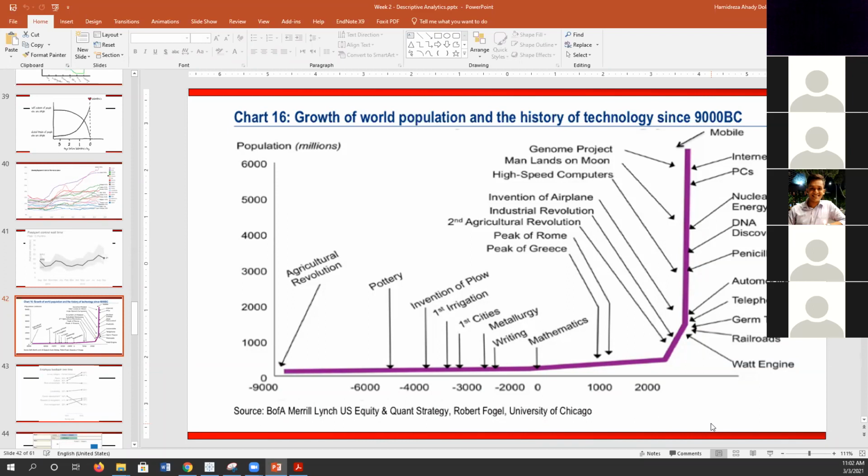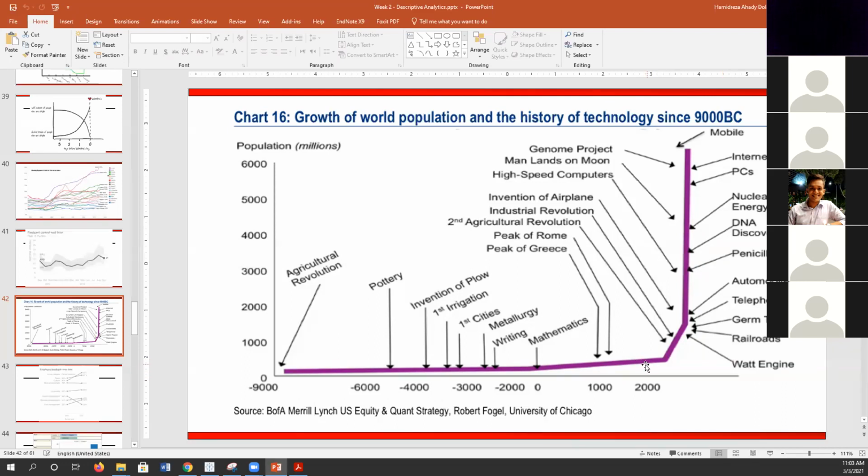Well, it seems to be the second agricultural revolution and then the industrial revolution afterwards. Yes. But you would need to know more about history to get more in depth with that question. Yeah, I know that you should know a lot about history, but from this figure, maybe somebody said before,